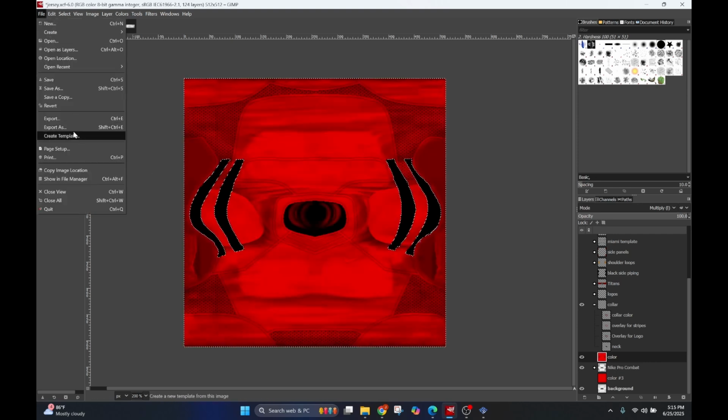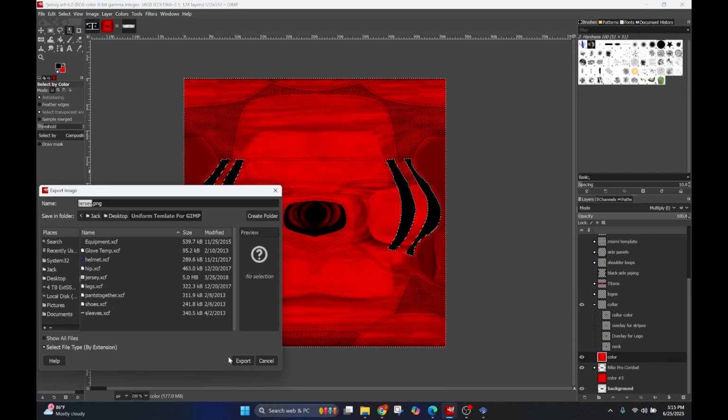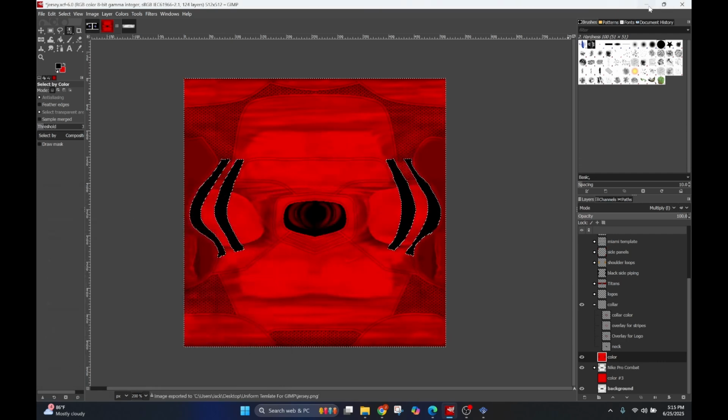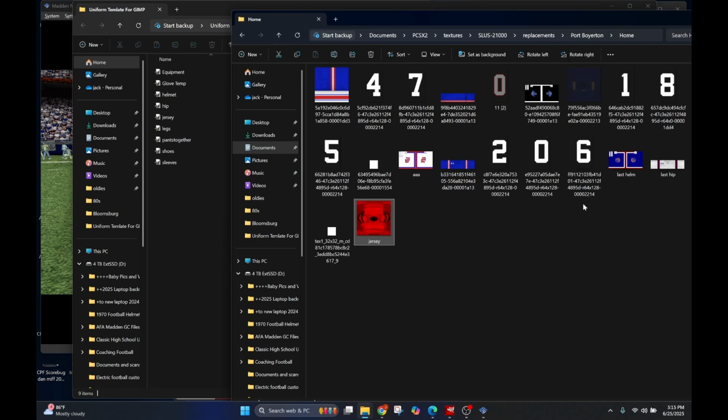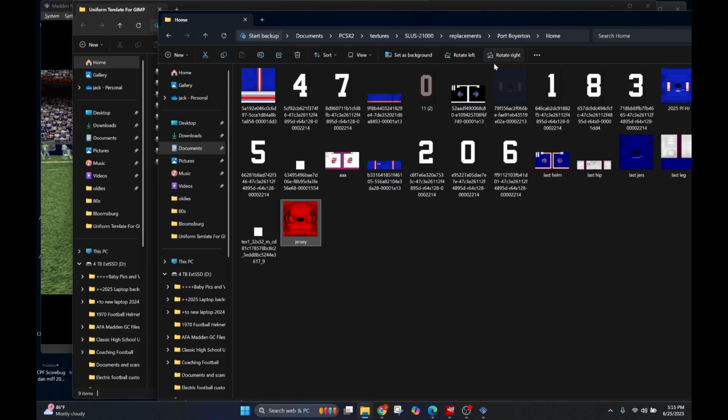I'll export my jersey. I'm just going to call it jersey, like I said. Put it right there, export, and then here it is, jersey. Control X, and I'll just paste it into here with my fictional team again. And I'll take the jersey here. Now, since I didn't edit the sleeve,